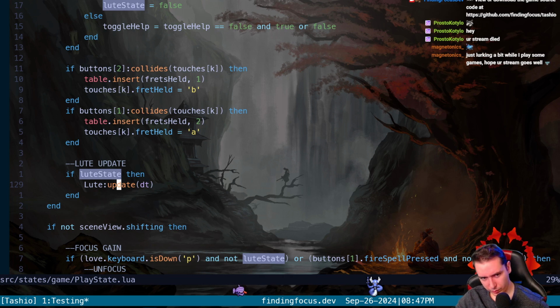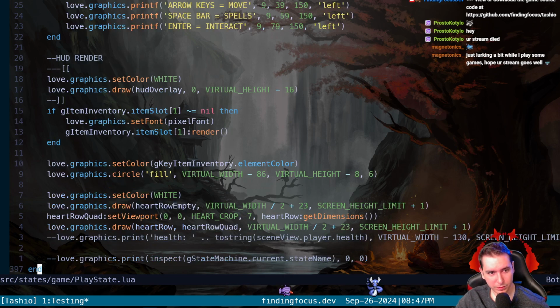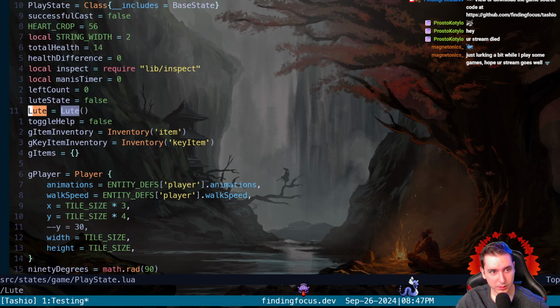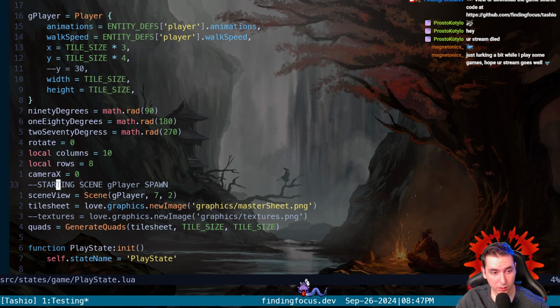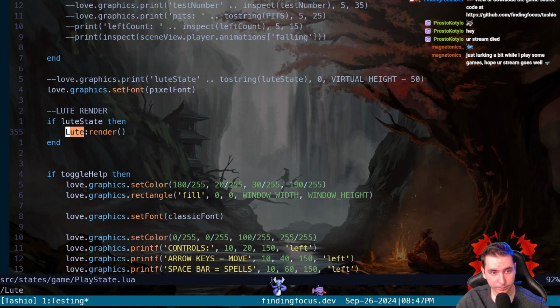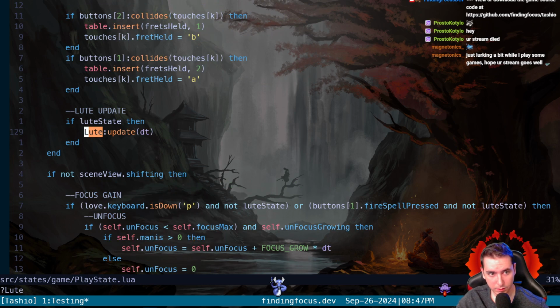Let's make sure when we update this lute, what lute is that? Just a global lute of lute type. Okay. If lute state, then update lute.